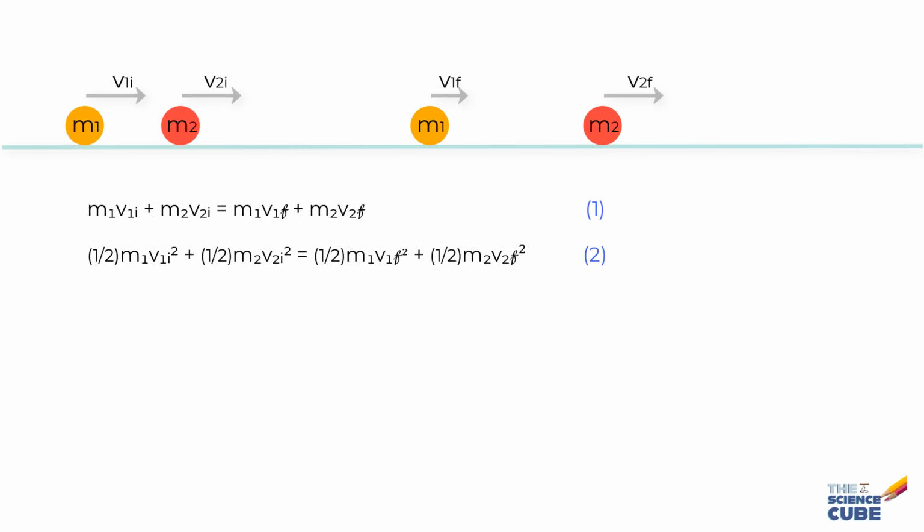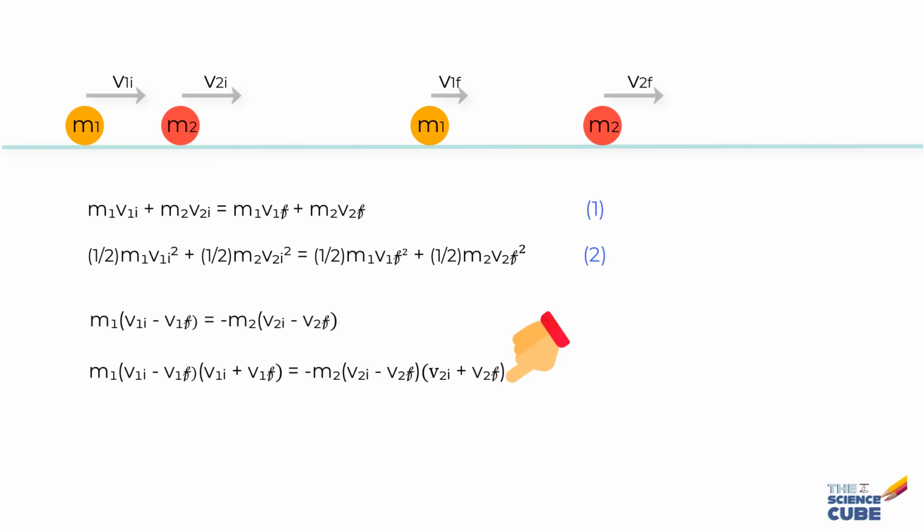So we can solve these simultaneous equations for v1 final and v2 final by rewriting one like this, that is m1 into (v1 initial minus v1 final) is equal to minus m2 into (v2 initial minus v2 final), and the other as this. Then if you divide this by this and do a bit of simple algebra, what you get is